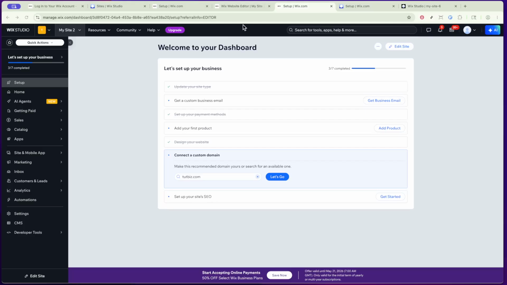Consider bookmarking this page in your browser. Bookmarking the dashboard will allow you to access it instantly in the future without having to go through the editor every time. This is especially useful if you manage multiple sites, or if you frequently need to check your website's